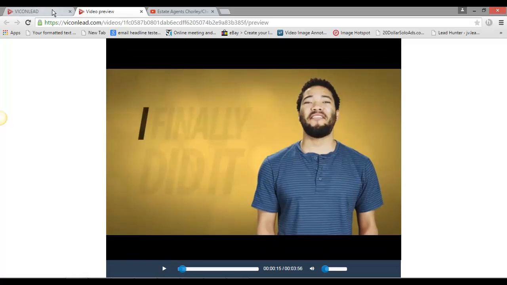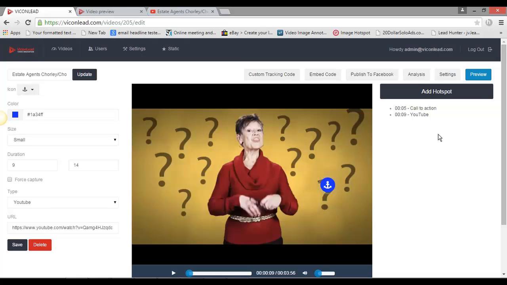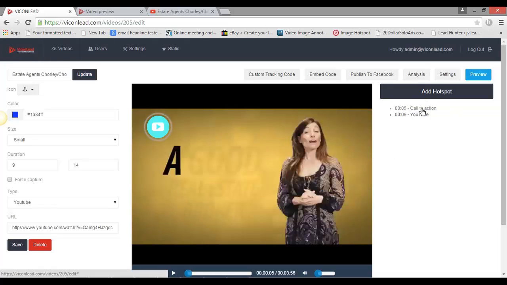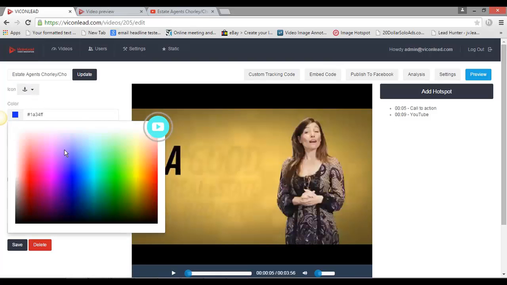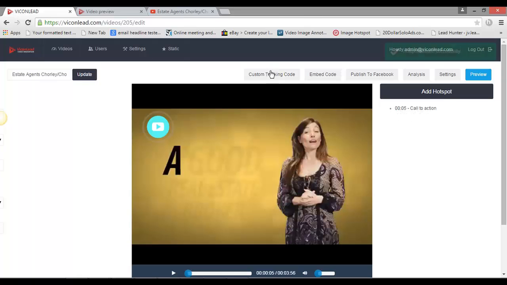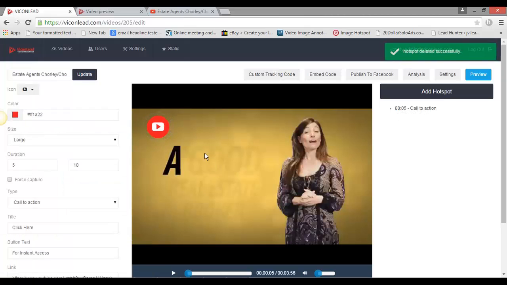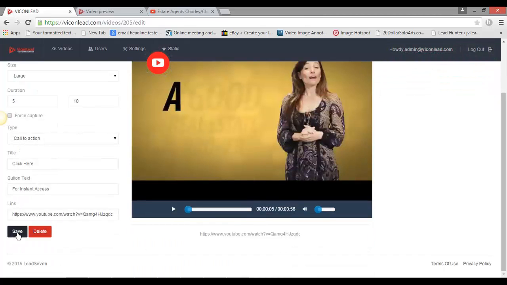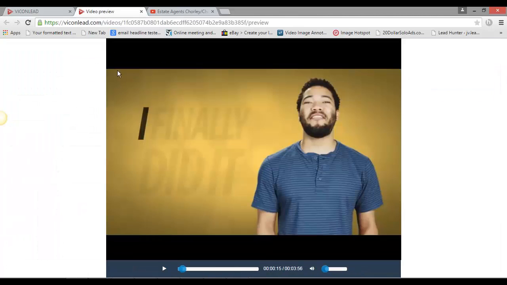Now, say for instance, I wasn't happy with where a hotspot was or what's represented in that hotspot. Okay, I go back to the software, I find the one that I want, we'll go to this one. Okay, I want to change the color, I'm not happy with the color. I'll simply change the color to red. Oh, sorry, let me just click on that hotspot, let me just delete that one. Okay, go back to this hotspot, change the color of this to red. Okay, save that. Now when I go back to the video preview, if I just refresh that,